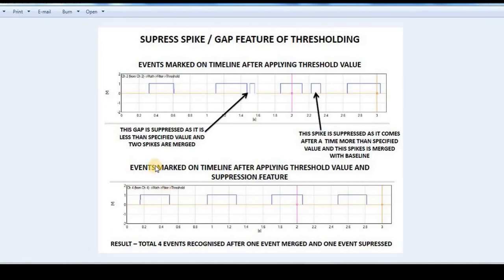So friends, after thresholding, this complete plot will be seen as some rectangular waveforms, and these waveforms are the periods of events where the muscle activity or the EMG amplitude has crossed the threshold, which means in these time periods we have the amplitude more than the threshold.